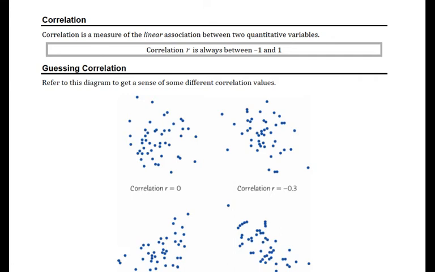So we've mentioned that it's possible to look at a scatter plot and describe the association as positive or negative. We can also get into whether it's a really strong association or a weak one. And then we get into the subject of correlation, which is a measure of the linear association between two quantitative